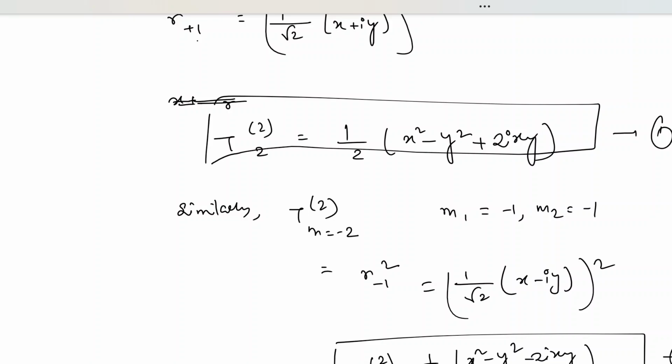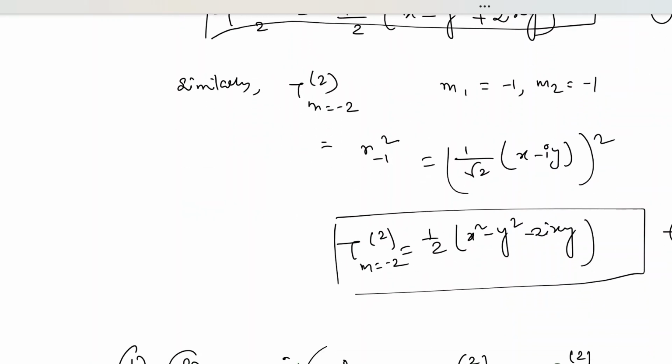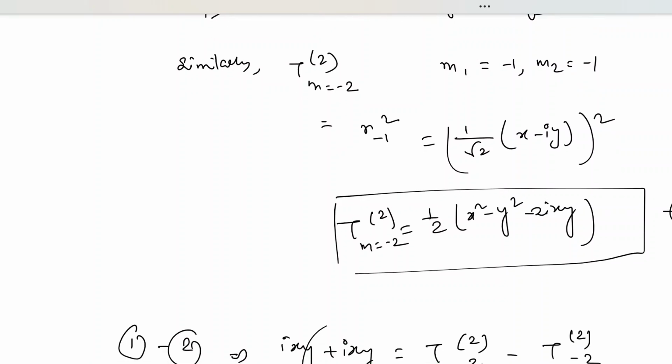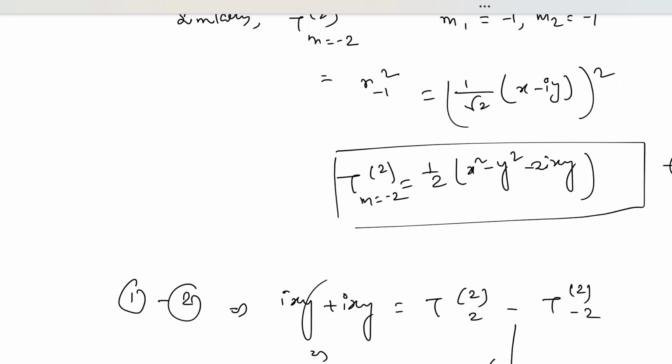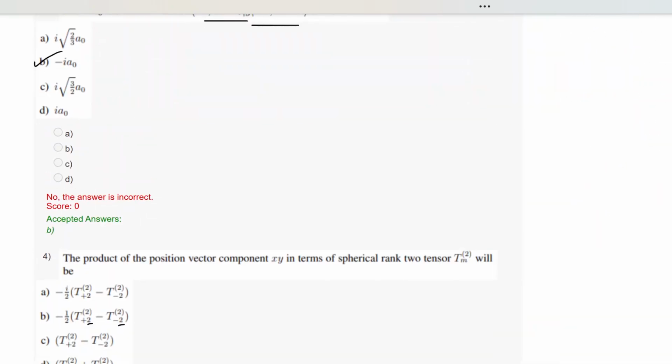Okay, so the rest of the terms will be cancelling out because they are equal, and on the right hand side you have T2 2 minus T2 -2. So you have xy times 1 by 2i, this thing. If you take that i up, this is minus i by 2. The final answer is: rank 2 m equal to +2 minus rank 2 m equal to -2 is equal to your xy. So this is xy in terms of the spherical tensor of rank 2. So you see that your answer is